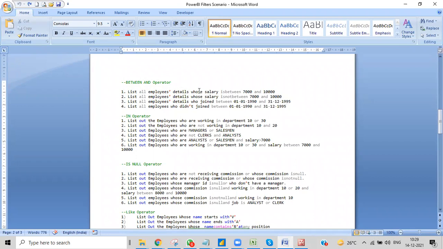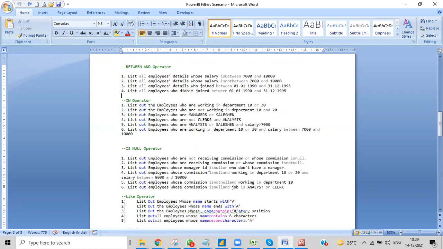The employee details whose salary is between 7,000 and 10,000. So you should make your brain sharp, because a lot of people get confused over here. Why are they, how are they not, how will they get it. People get a little bit confused over here. But this is a tricky part, an interesting part. If you can crack this, obviously it will be easy for you to crack the logics in real time also.